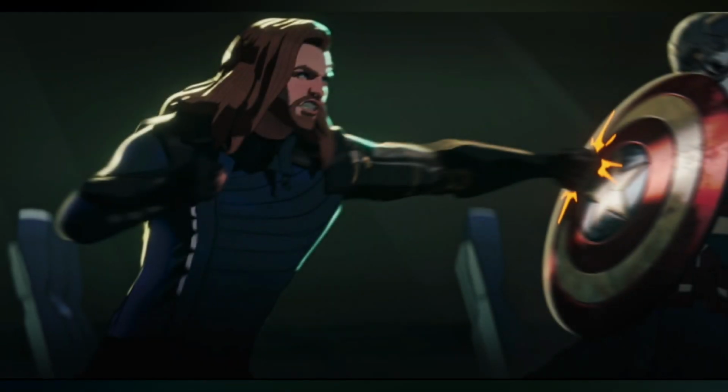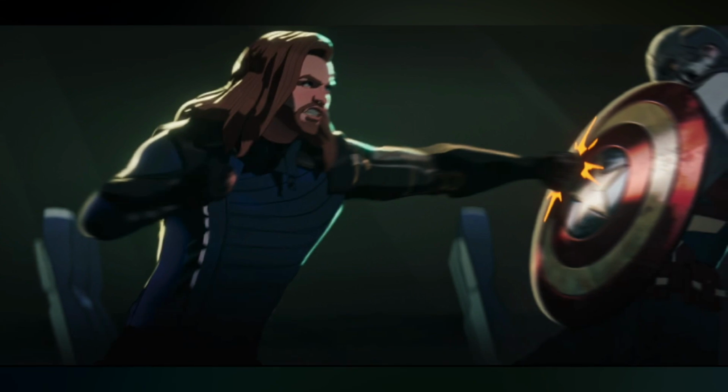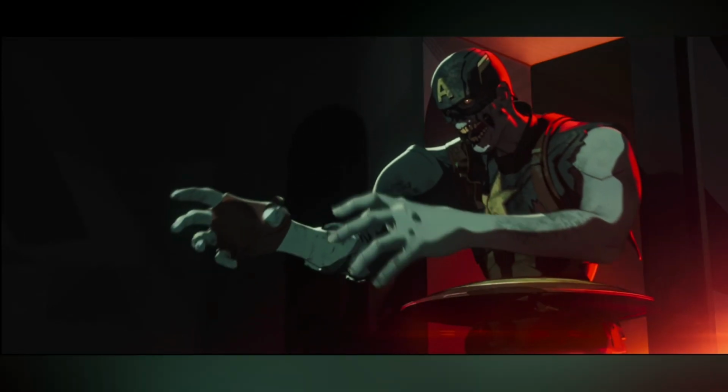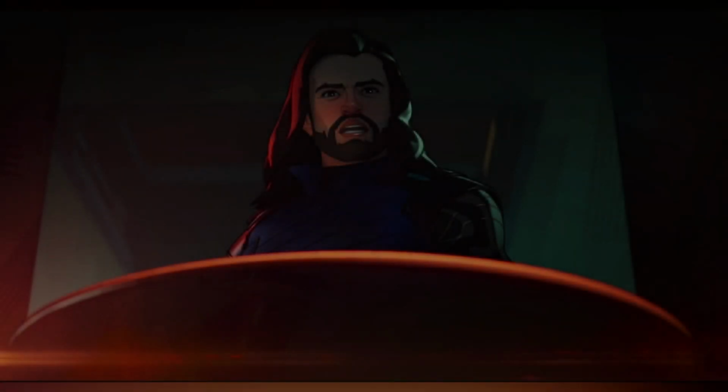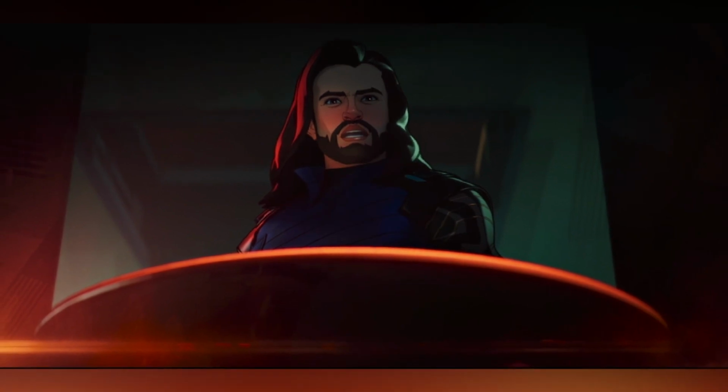The pair engage in an incredible hand-to-hand fight where Steve viciously attacks. He attempts to bite Bucky, who dodges and kicks the super soldier away. Cap then does his classic shield toss at Bucky, who proceeds to catch the shield and throws it right back, slicing Steve right in half. His severed remains then crumble onto the train tracks, marking the end of the line for the once great American